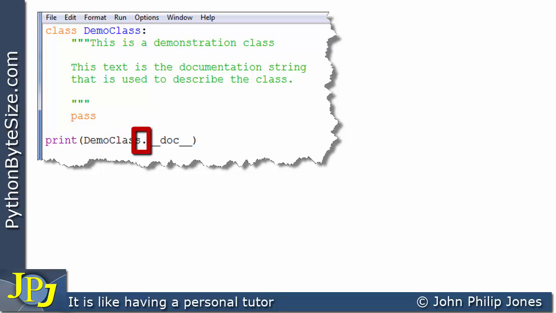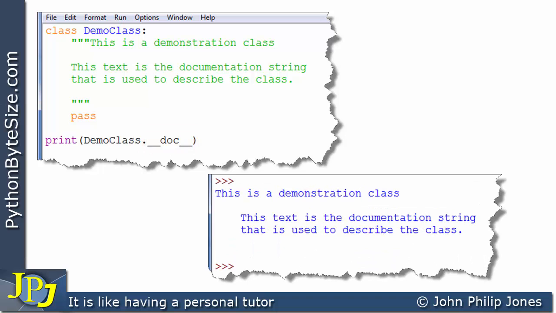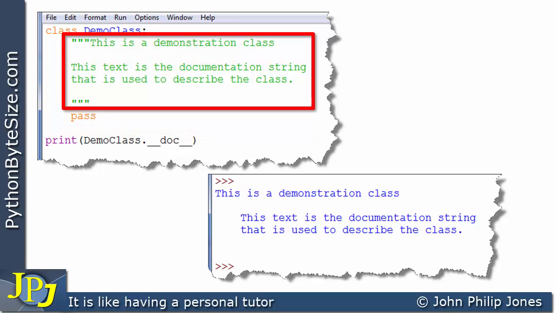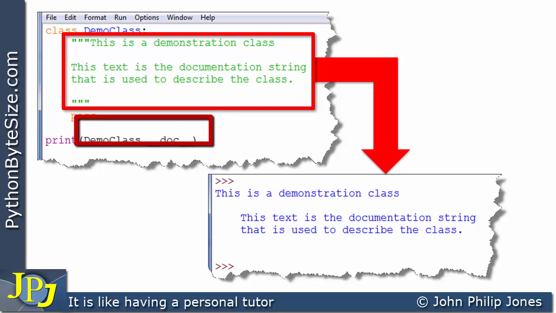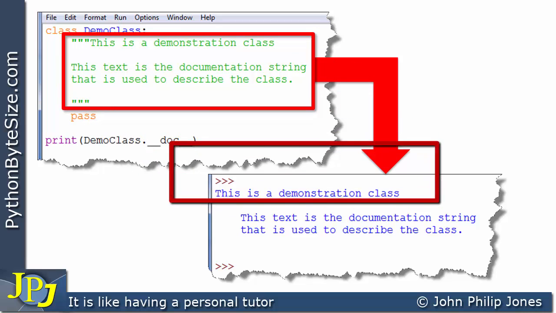And then you can see I've got a dot, which is dot notation, and I'm following that by underscore underscore doc underscore underscore. Now, when this program actually executes, what you're going to see at the output is this. And you can see that this particular string here has been outputted, as you can see in front of you. Now what has happened is this here has been responsible for going to get this string and putting it here